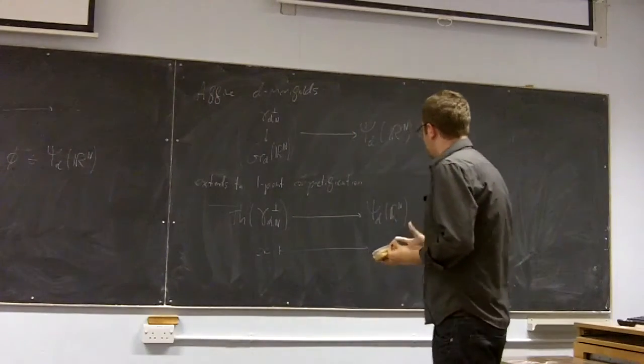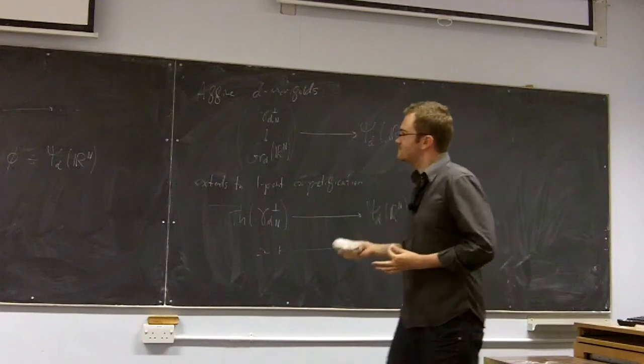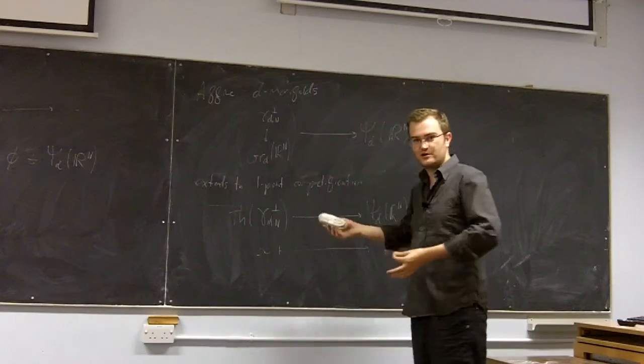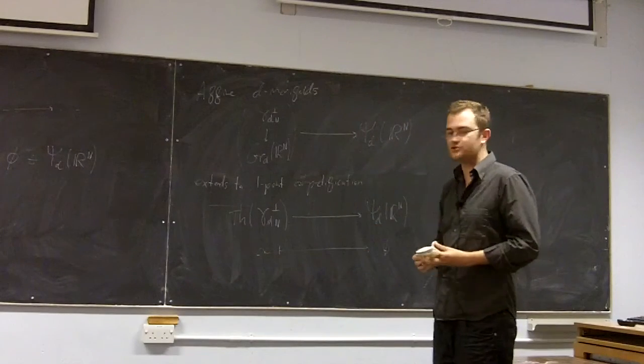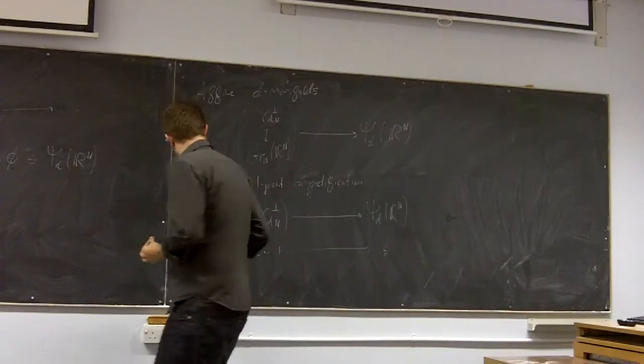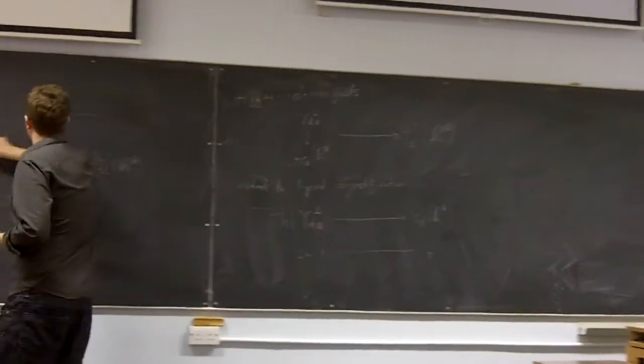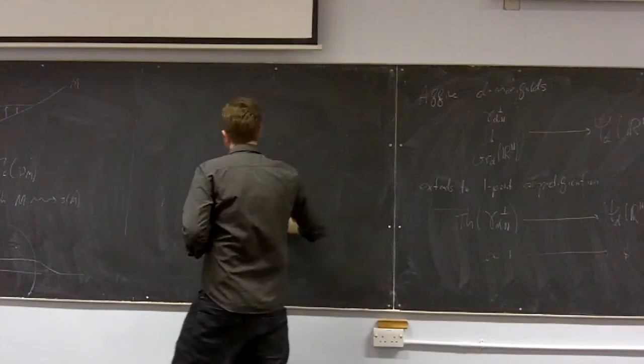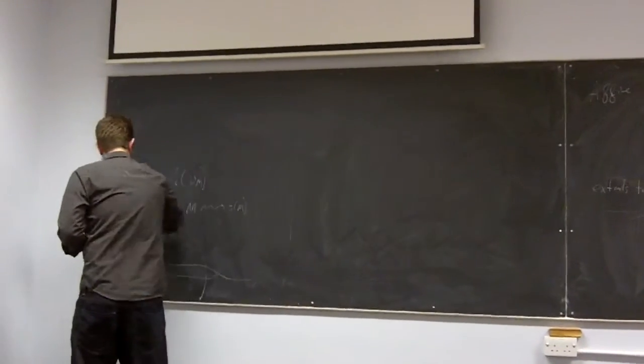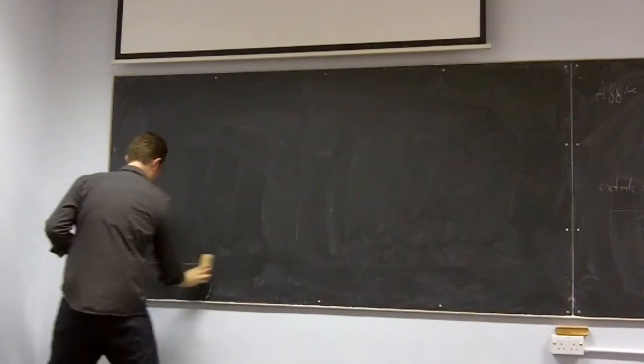And to convince you that this space is really not as complicated, as a space it's very big and complicated, but as a homotopy type it's not so bad, because I claim this map is a homotopy equivalence. Let me just write that and then try to justify it a little for you.